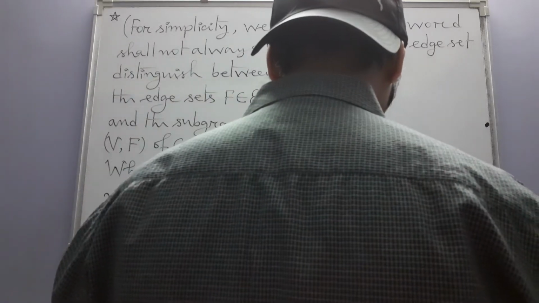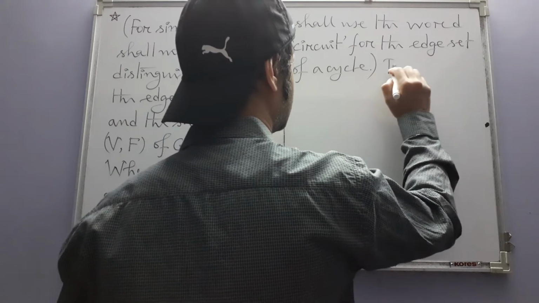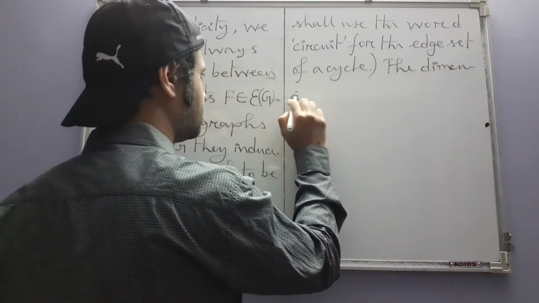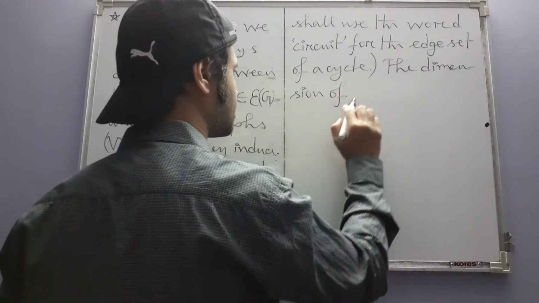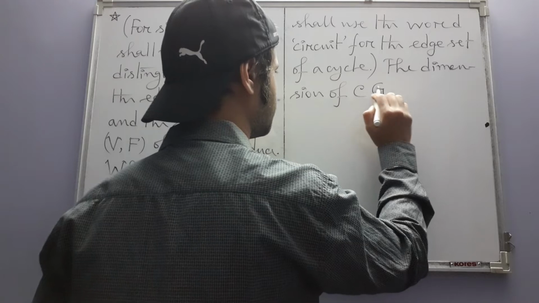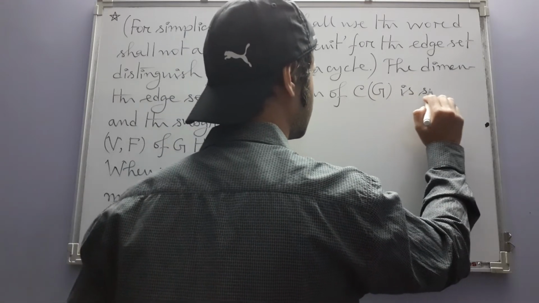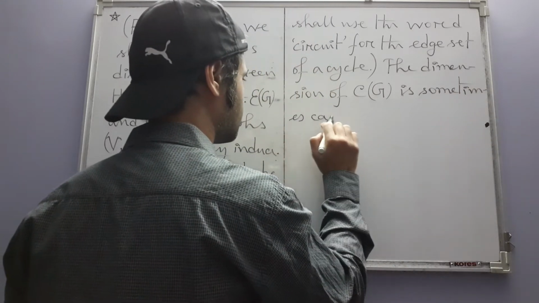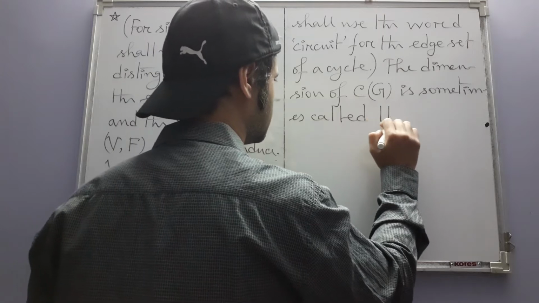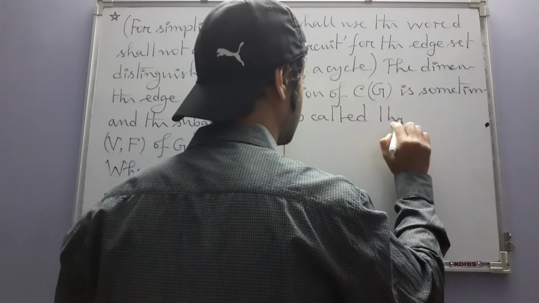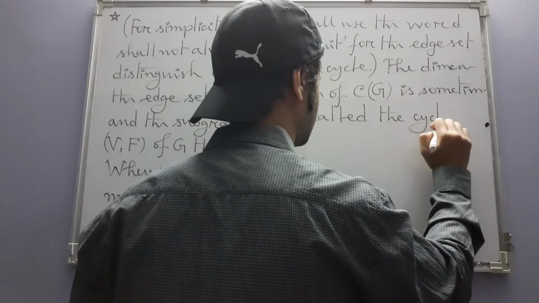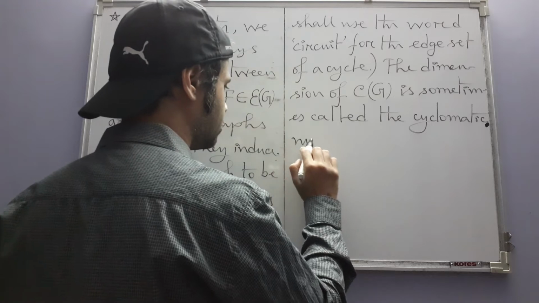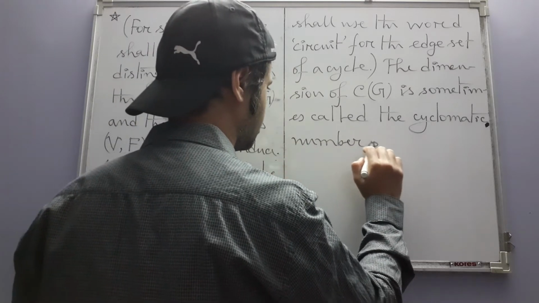And now the dimension of the cycle space of G is sometimes called the cyclomatic number of G,